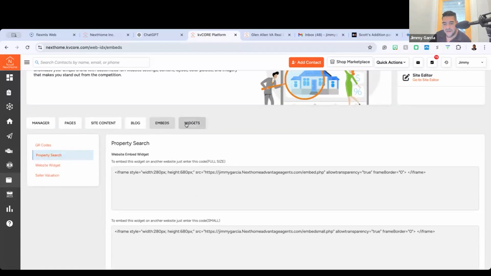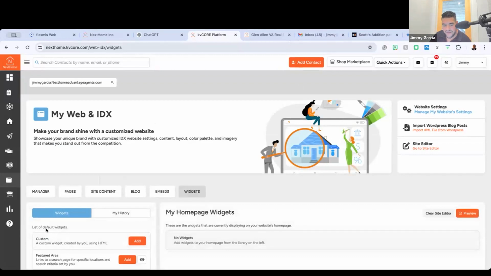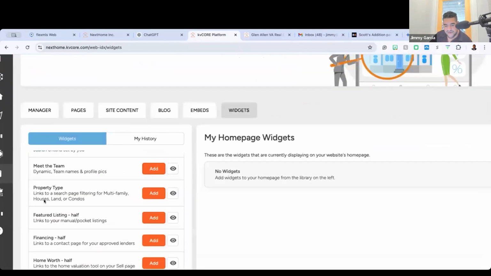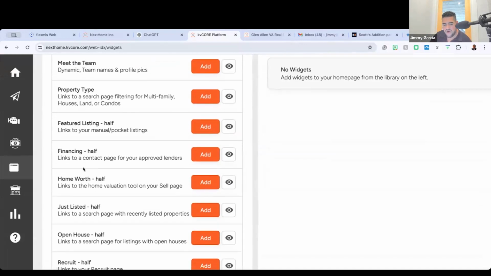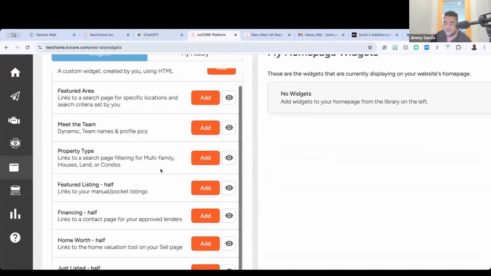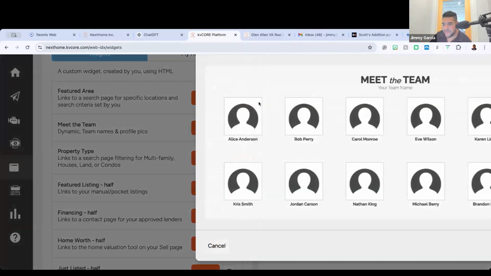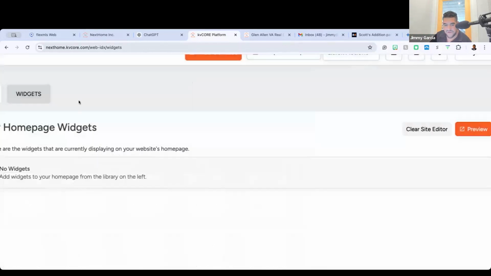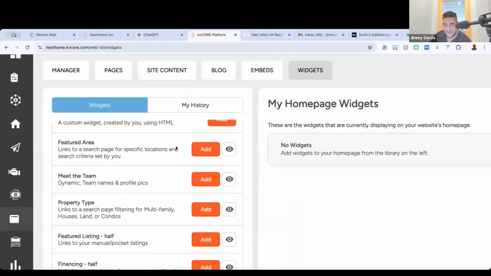Okay. Another thing is you could throw in a widget. Okay. And these are the clickable links and widgets that pop up automatically on your page. If you are a member on a team and you want to have links, you could just put in everybody's headshots and meet the team, do all that stuff, right? So that's if you're going to do a little bit more higher end customization.